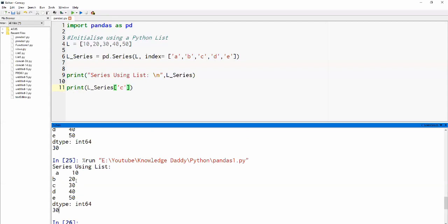Is it clear? Did I make myself clear? So I think this is